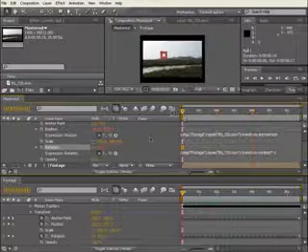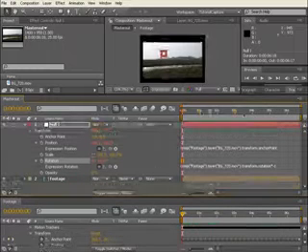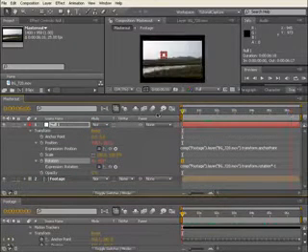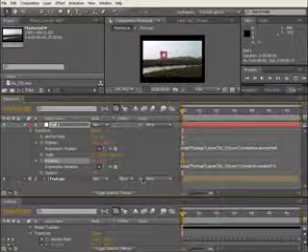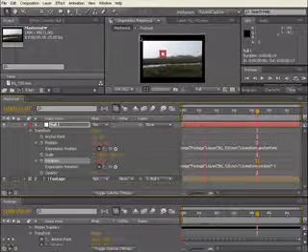Now it's still moving around, but what we want to do, it's the footage that's moving, the null object is where it needs to be. So what we want to do is parent our footage in our master out comp to the null object, and now it sits static in the center